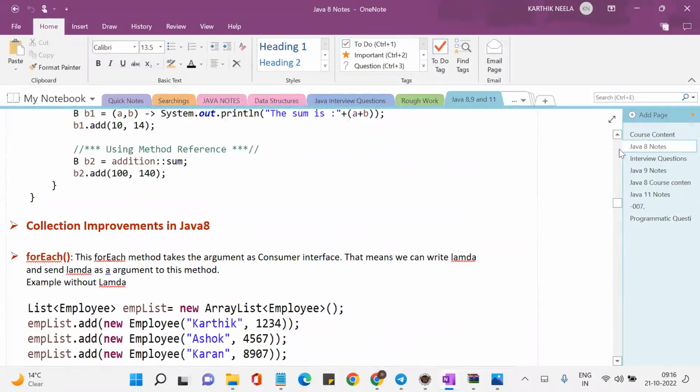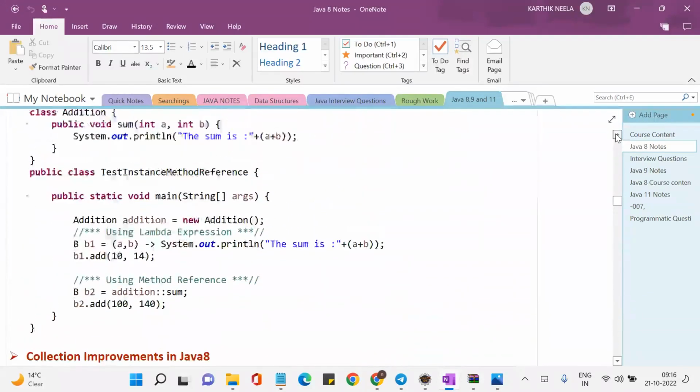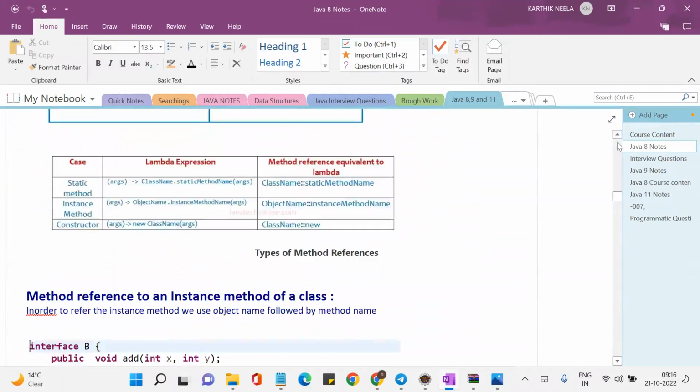So whenever you are writing a lambda expression, that is fine. Okay. Whenever you are writing a lambda expression, can I say that it should contain the bracket followed by the arrow symbol and then the logic, correct? For example, the first example you look at here,